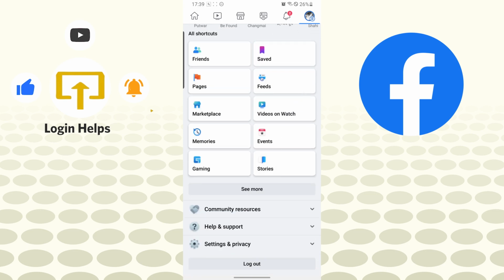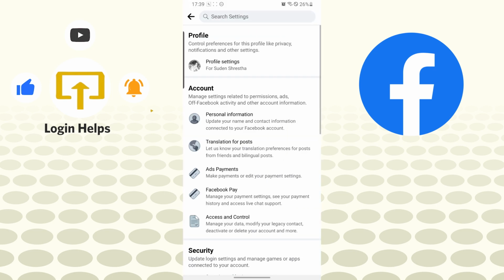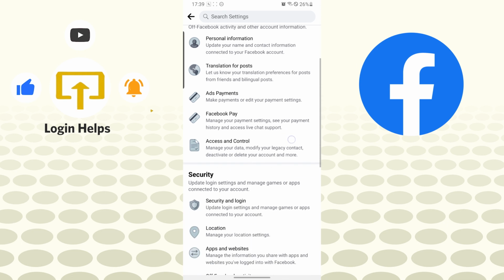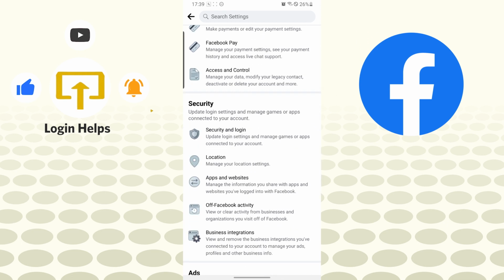Or when you scroll down there is the settings and privacy option. Tap on settings and privacy and you can see the settings option there again. Tap on settings again, and on this interface you can see there is the account category. When we scroll down there is the security category, and in that you can see the security and login option